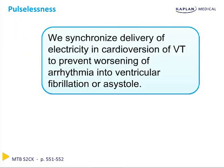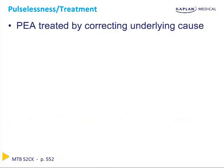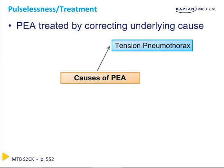We synchronize the delivery of electricity in cardioversion of VTAC to prevent worsening of the arrhythmia into something like ventricular fibrillation or asystole. When you have PEA, look for a normal EKG and no pulse. To treat someone in PEA, you must always correct the underlying cause. The causes of PEA can be tension pneumothorax,